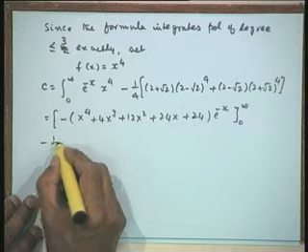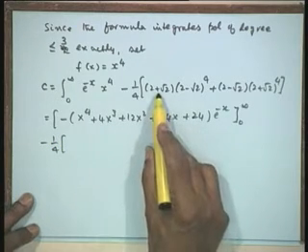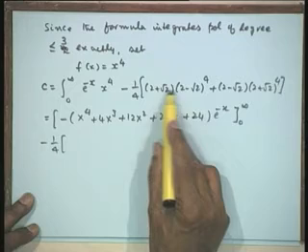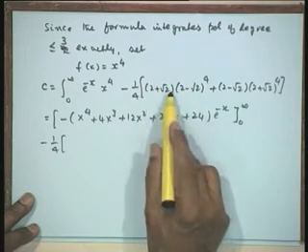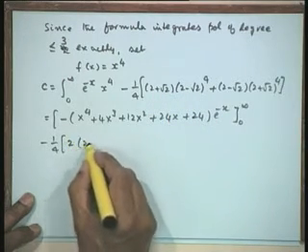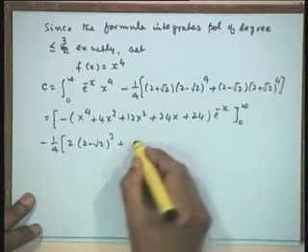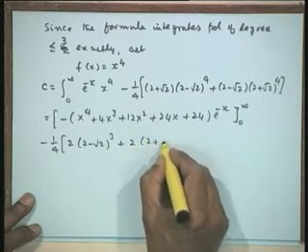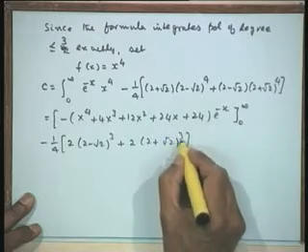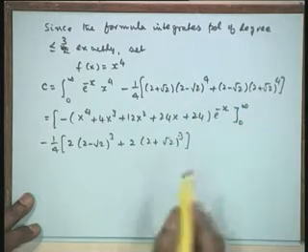And the second term is 1 upon 4. Let us take 2 at a time. Let us take 2 plus root 2 into 2 minus root 2. Combine them, that will be 4 minus 2, that is 2. So what is left out is whole cubed, and again I combine these two to give 2 plus root 2 whole cubed. I am combining one factor each, so that they get simplified.